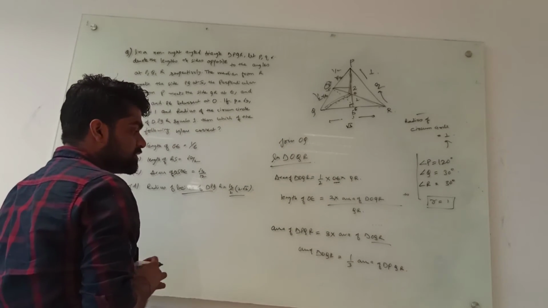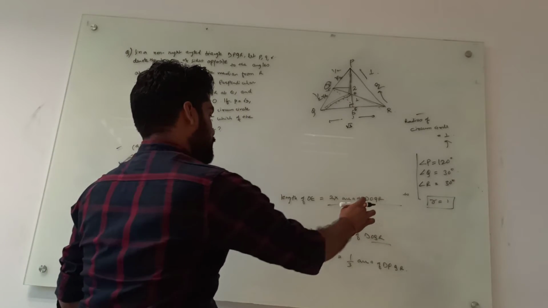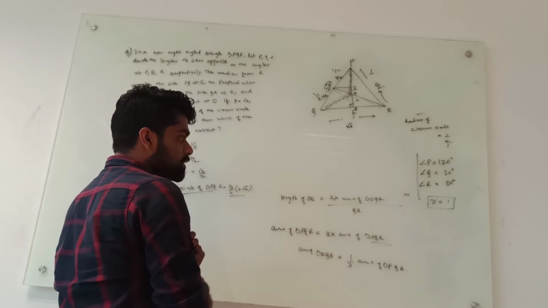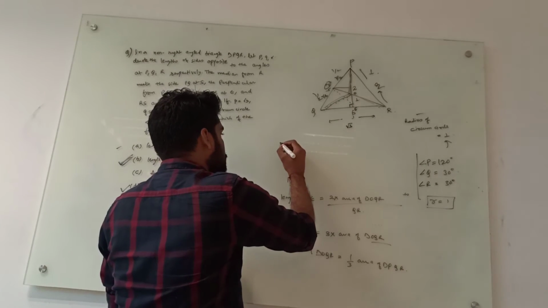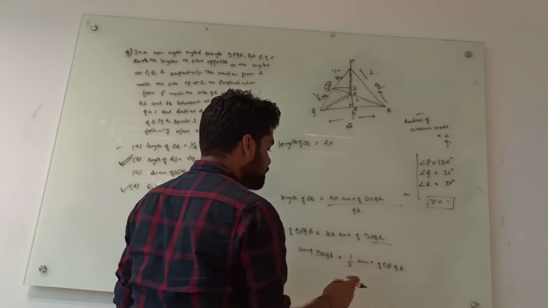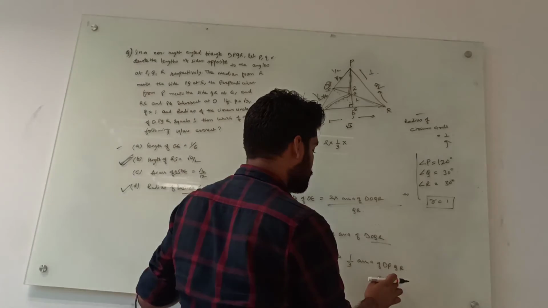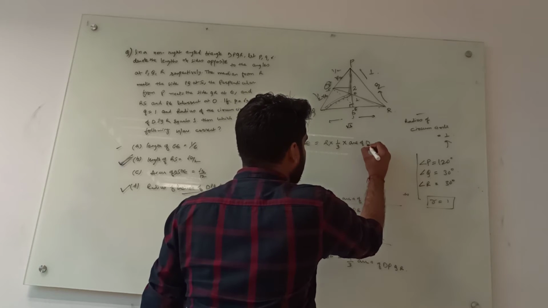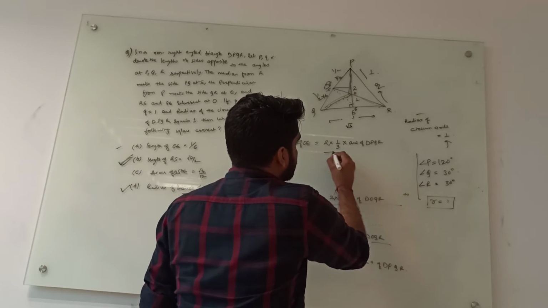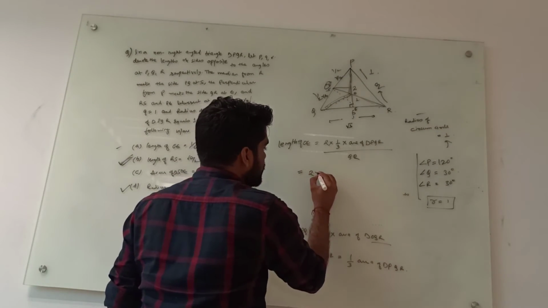Okay, so let us substitute the same thing. Now over here, the area of triangle OQR can be written as 1 by 3 the area of triangle PQR. So let us do it. The length of OE will be 2 into the area of triangle OQR, written as 1 by 3 into the area of triangle PQR, divided by QR. Let us do it. So it will be written as 2 into 1 by 3.